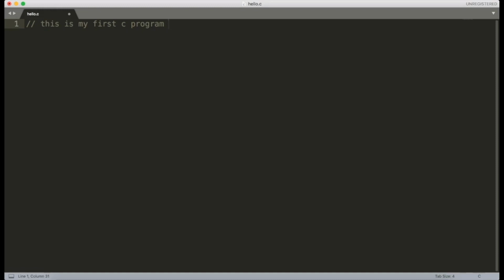So it is always good to add some comments to your code so that when you look at the same code after 1 year, or let's say if someone else is looking at your code, they can understand it as well. So now we are going to say #include